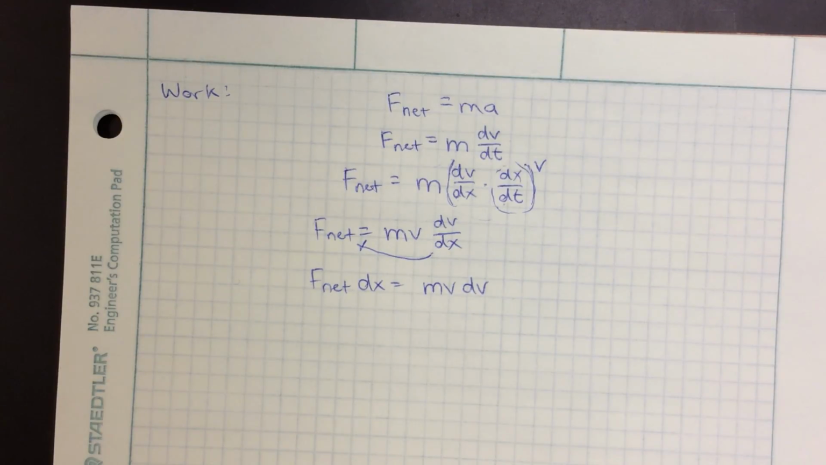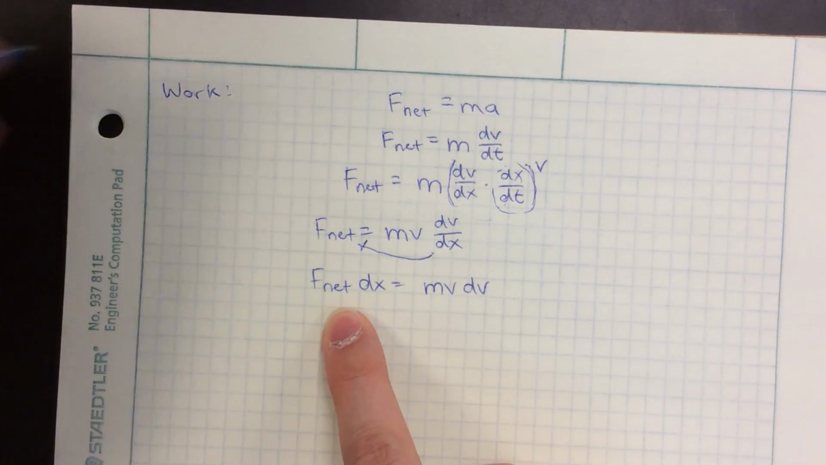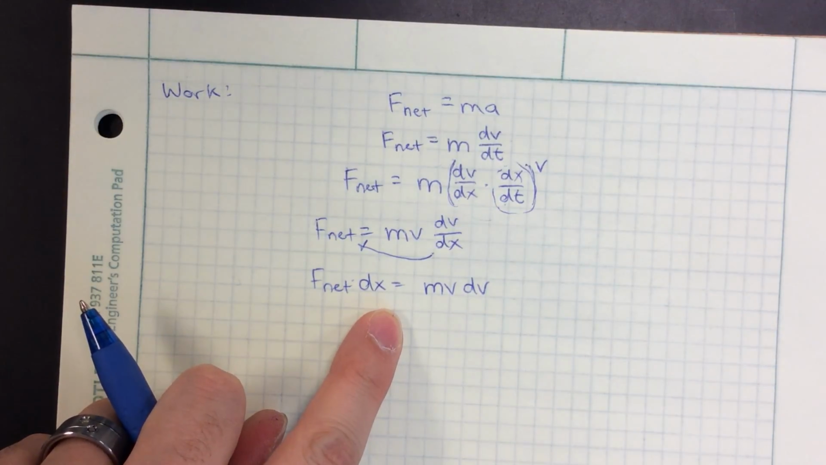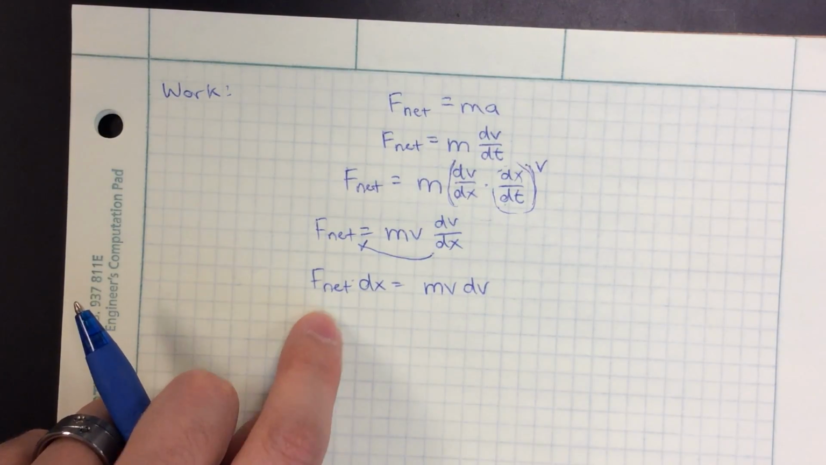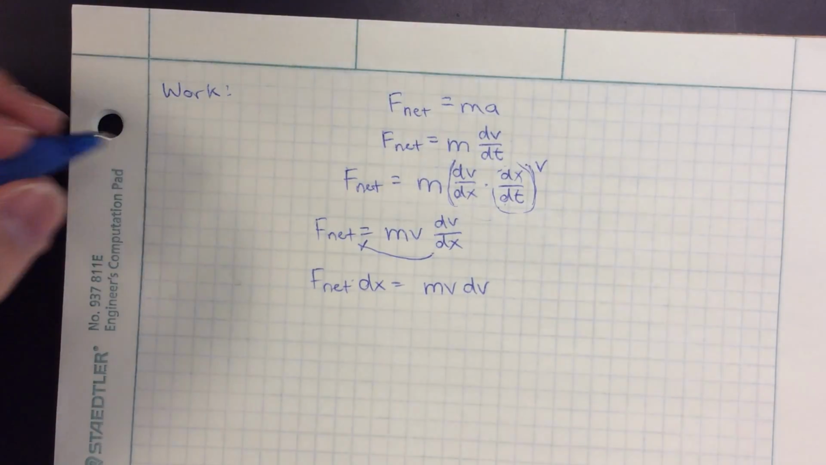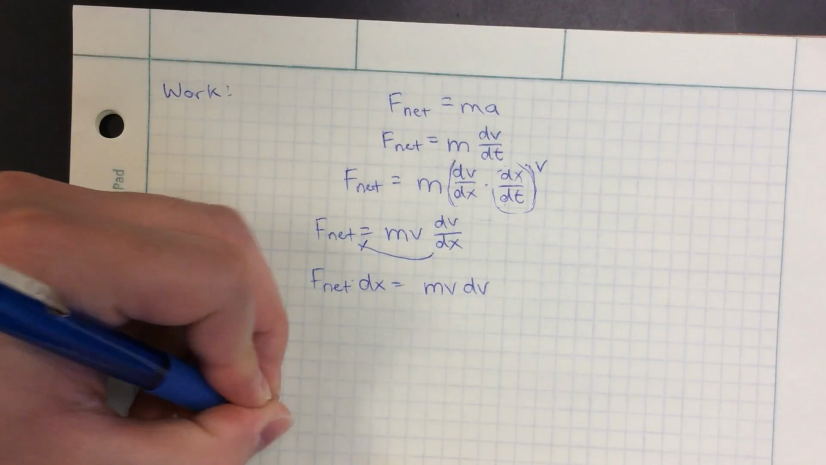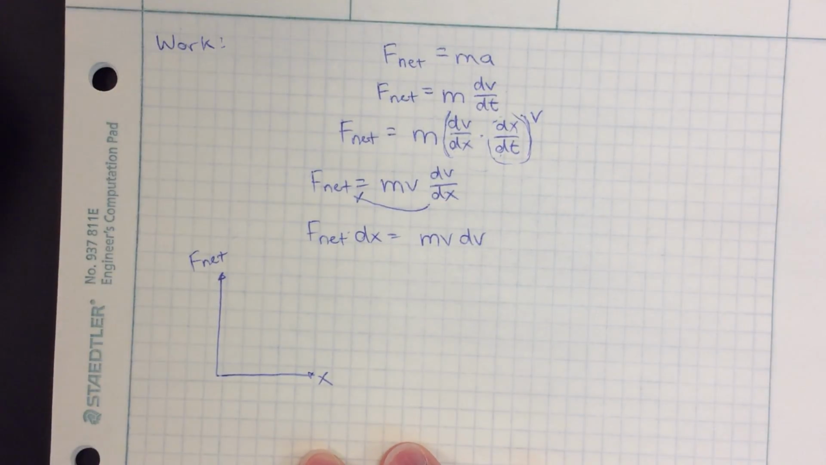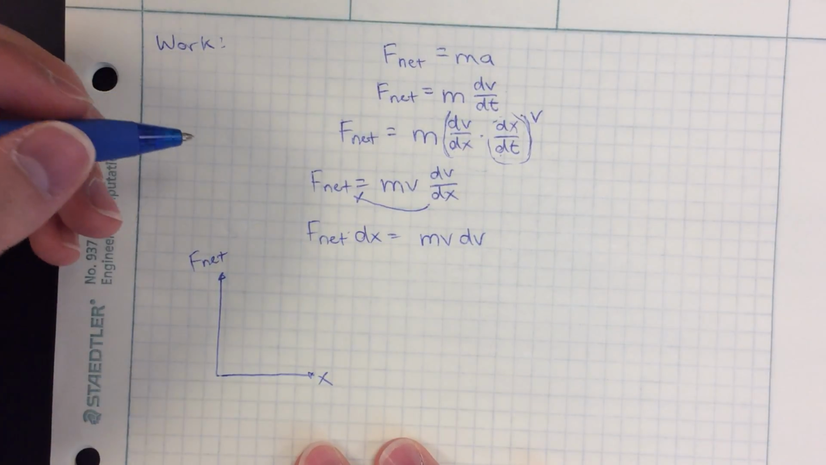That's fine. So what we have here is, think back to when we did momentum. What I have here is a force times a change in position. It's kind of like when we did the area under a curve, except now I'm looking at this F net versus position graph. If this graph,